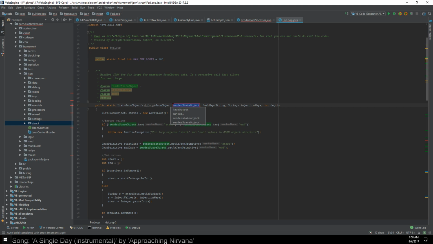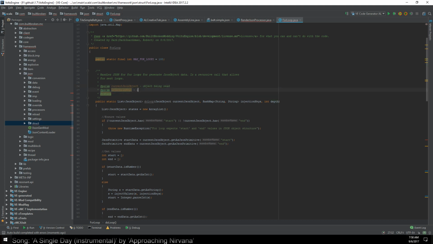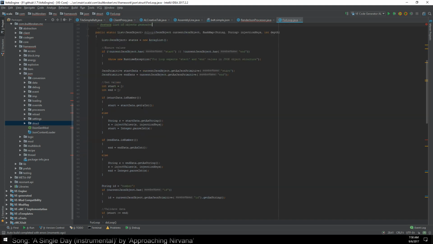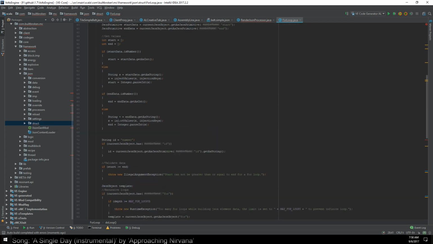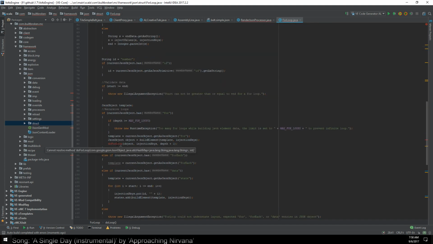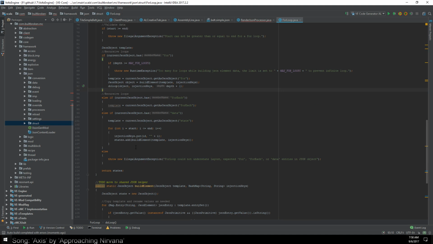So this would be the current JSON object being read, injection keys to insert into templates, and then returns a list of objects generated. So yeah, it'll generate a list of objects, and of course it's a nested system, so this will be do loop. And then when it comes to doing the for each,